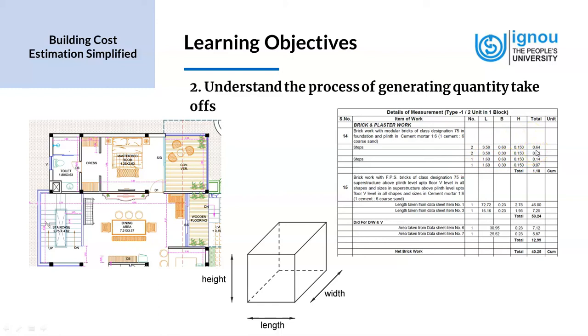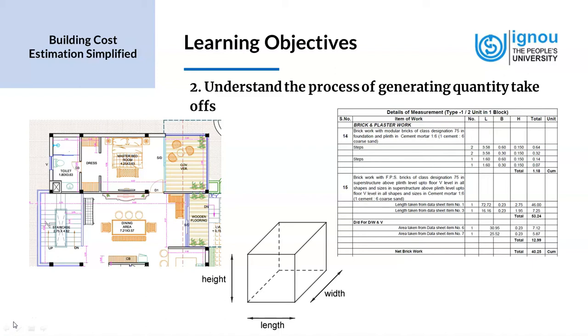And so we might be using this process for taking the measurement of various items that are required to construct a building. It could be brickwork, and the estimator quantifies the number of bricks or the quantity of bricks that are required, and this is normally specified in cubic meters. Similarly, it could be any item.